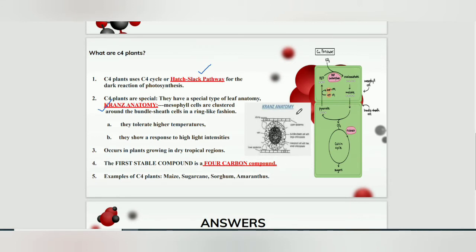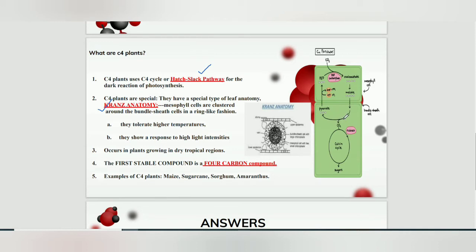These plants have this particular kind of internal structure because they live mostly in dry tropical regions, so they are almost all the time exposed to very high temperature and extreme light intensities. To protect themselves from these extreme conditions they have this kind of anatomy. The number of chloroplasts in the mesophyll cells of C4 plants is very high, and the leaves are very thick also. All are adaptive measures to survive in those extreme conditions.